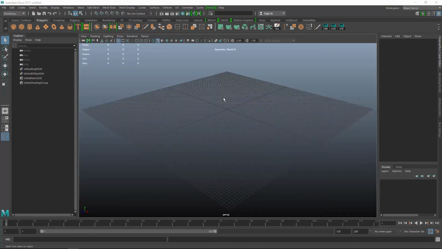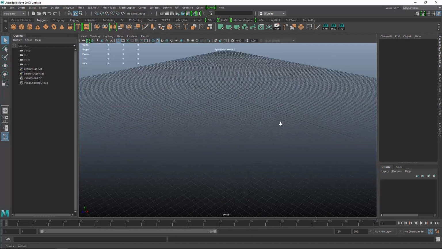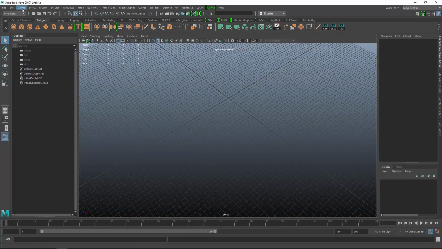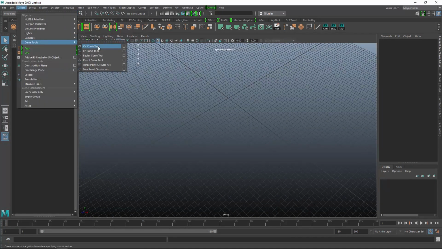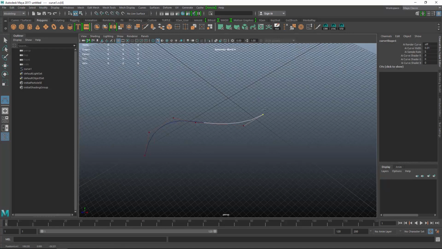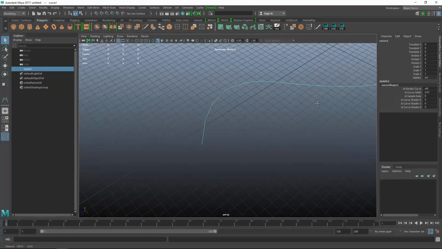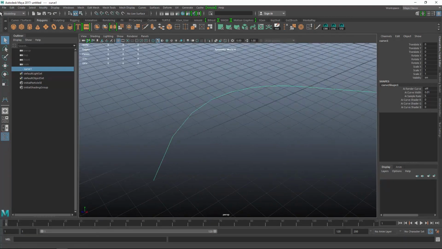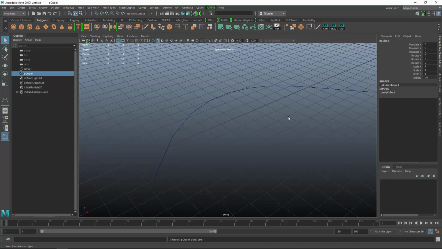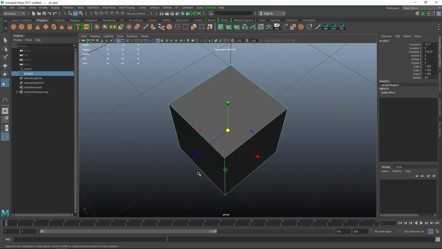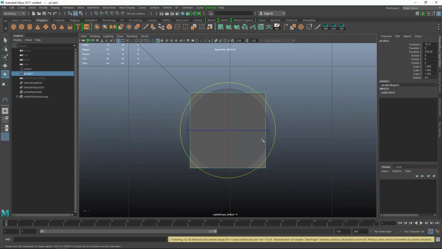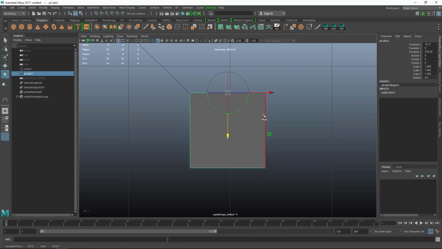So easily my favorite tool to use with curves is our good old friend the Extrude tool. Now if I go ahead and create a CV curve, and let's just make kind of a snaking shape like that, I can then create a cube, and then let's just curve snap it over here and make it a little bit bigger. I'm going to change the pivot point to this face up here,